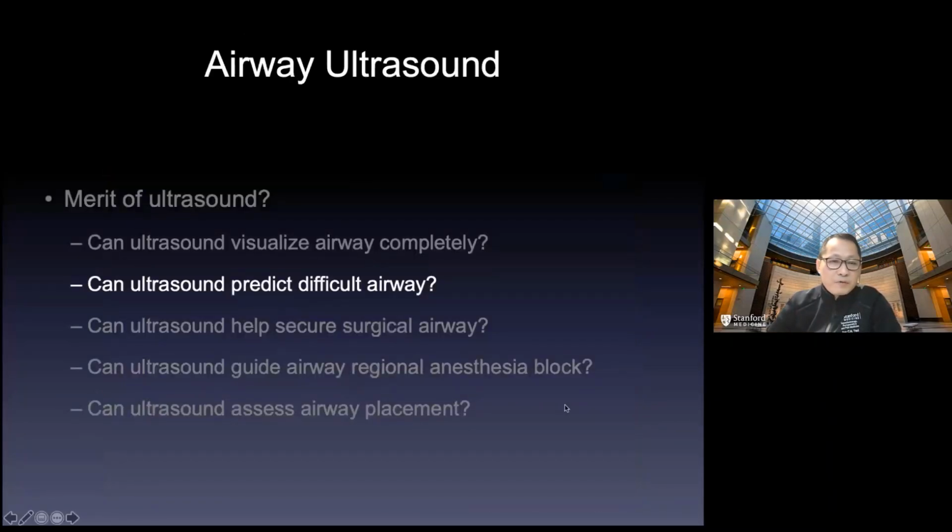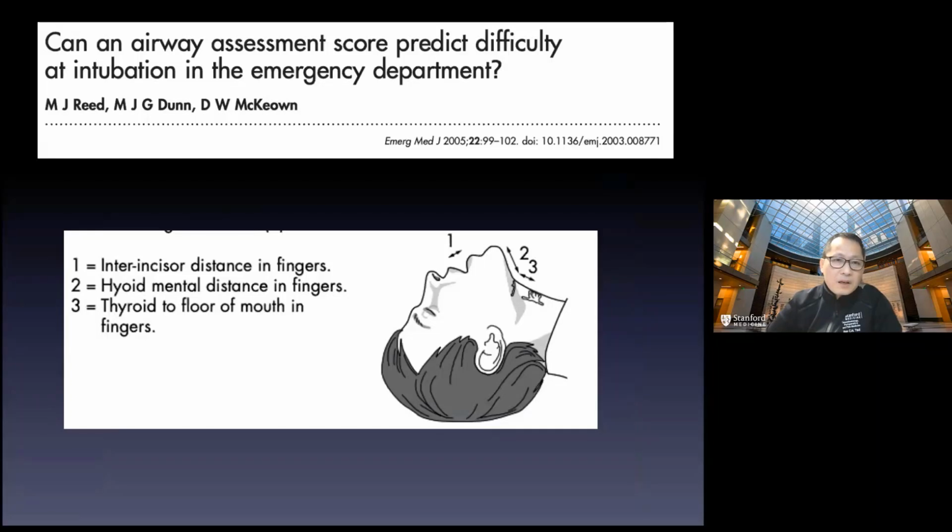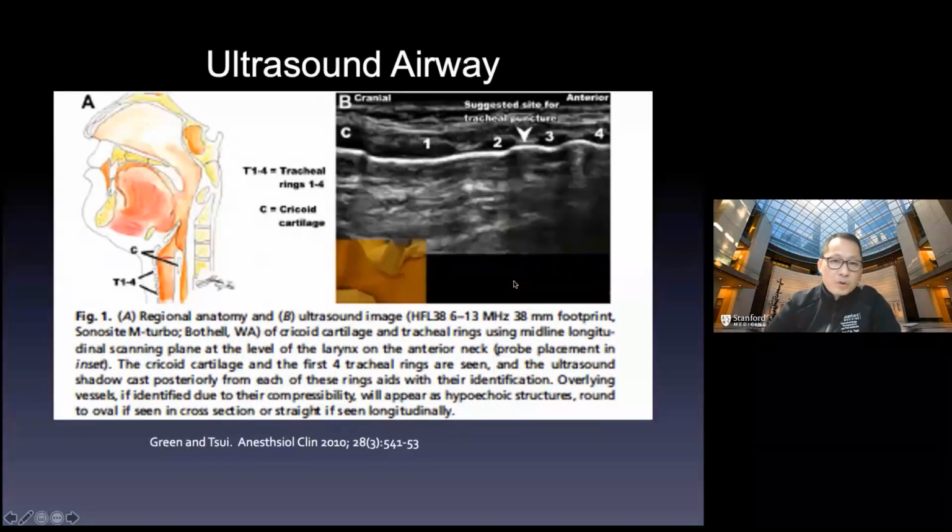So before you get in trouble and need a surgical airway, first, can we actually predict a difficult airway? When you think back on the difficult airway, we look at the classic way: besides the Mallampati score, we look at how wide the mouth can open, thyromental distance, and so forth. So in theory, you should be able to ultrasound externally. And when I first started, in addition to ultrasound externally to look at the structure like the previous slide, potentially we can actually do